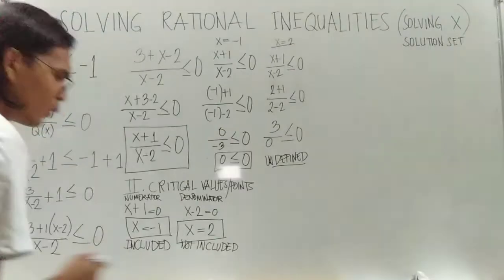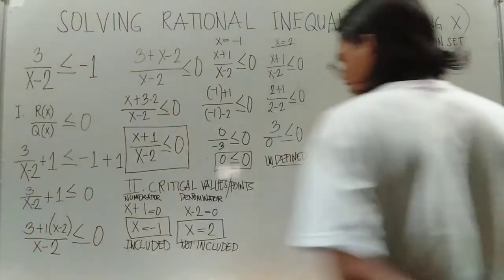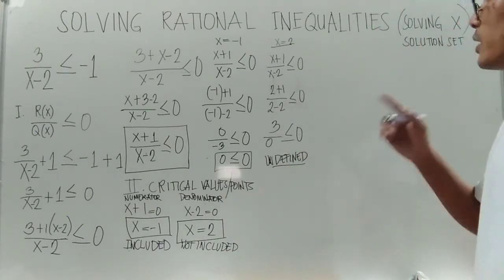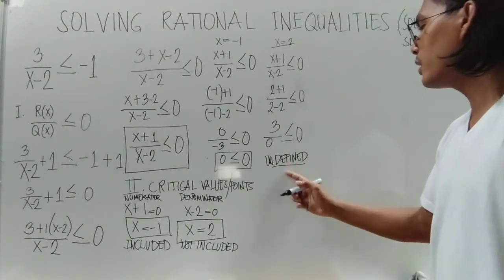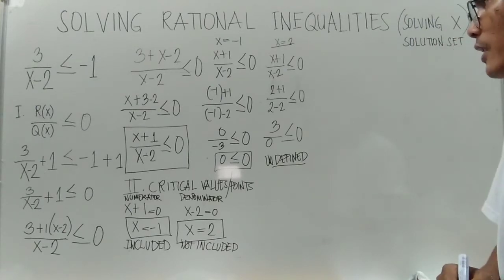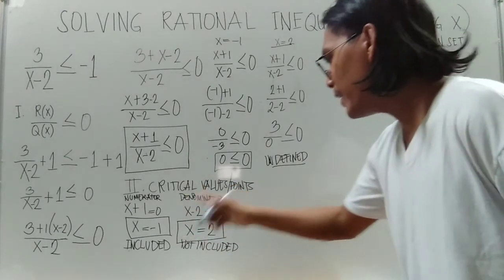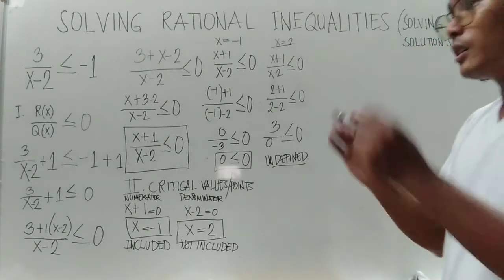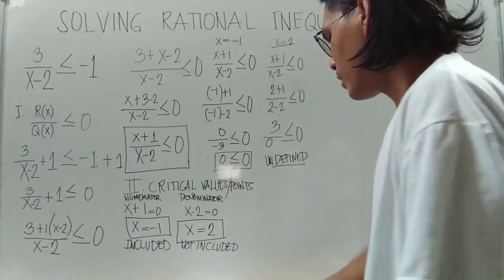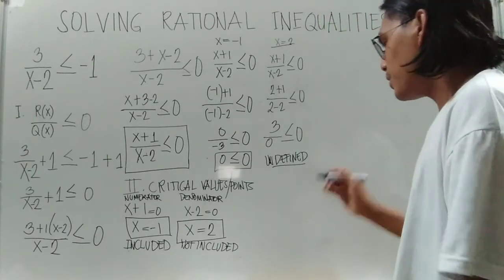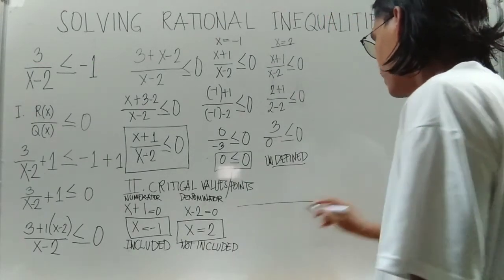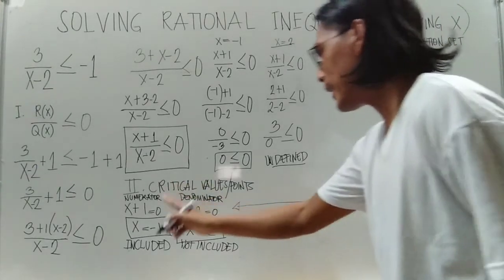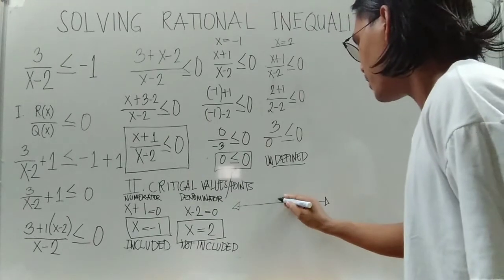So again, why is x equal to 2 not included in our solution set? Because x equal to 2 will make your inequality undefined. Okay? So we have identified your critical points. To understand it more, we will use a line graph to visualize your critical values. So for example, on your number line,